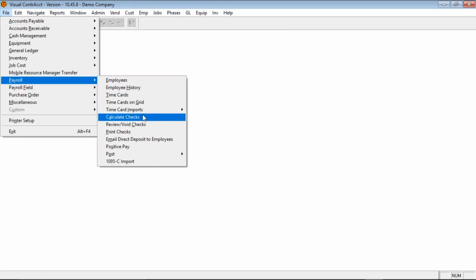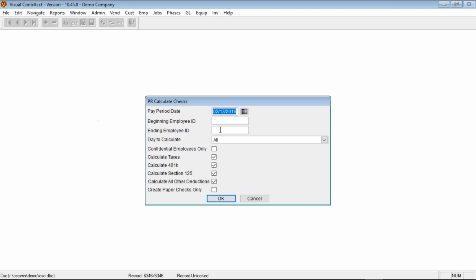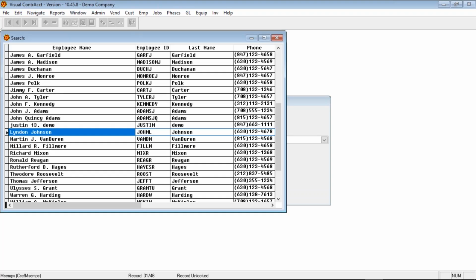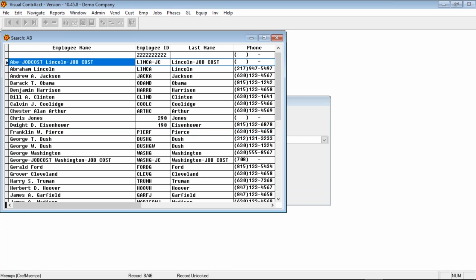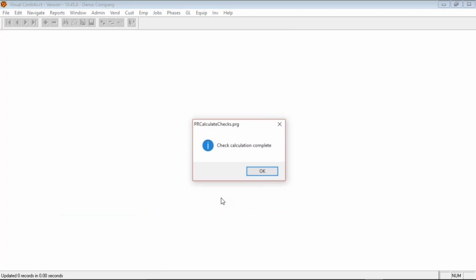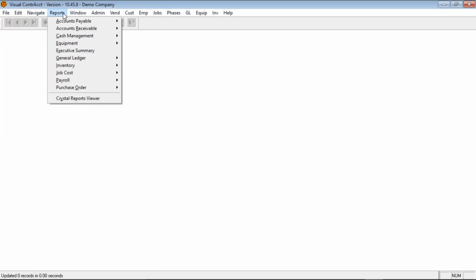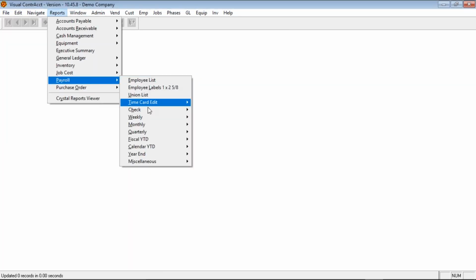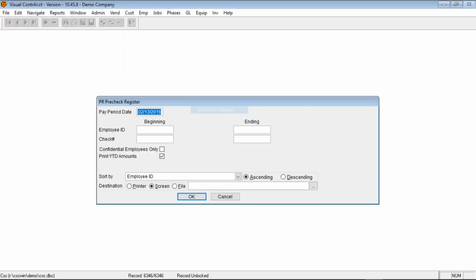And then if I want to recalculate, let's say I just want to do him because I don't want to change anybody else, I can type in his name, and it will just calculate him. Now if I go back to my reports and I run my pre-check register,